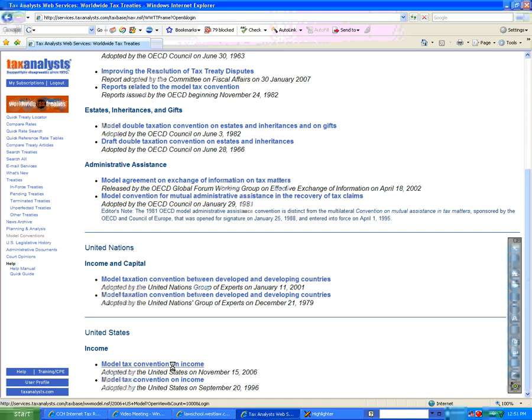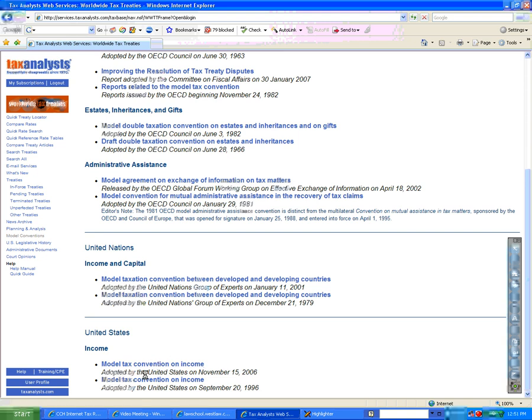Michel van Roon, for instance, is from the Netherlands, but he practices in Switzerland. I'm sure he uses a lot of Netherlands companies in his planning. Well, then obviously he's going to want to make sure he studies the Dutch Model Tax Treaty also. Anyway, so